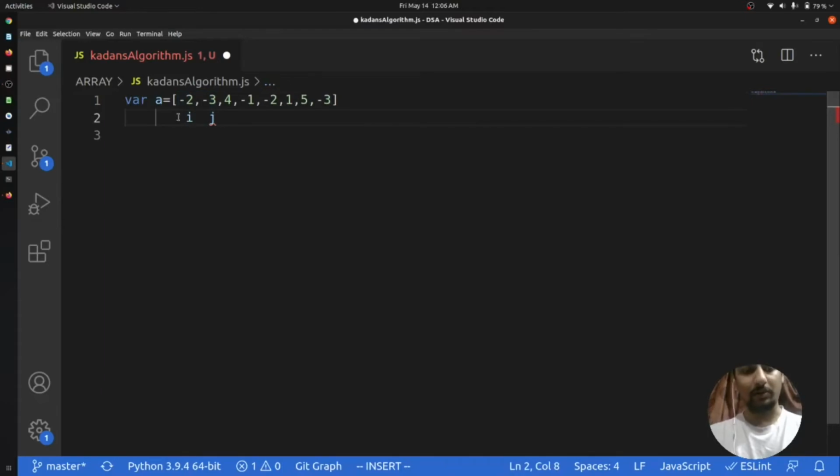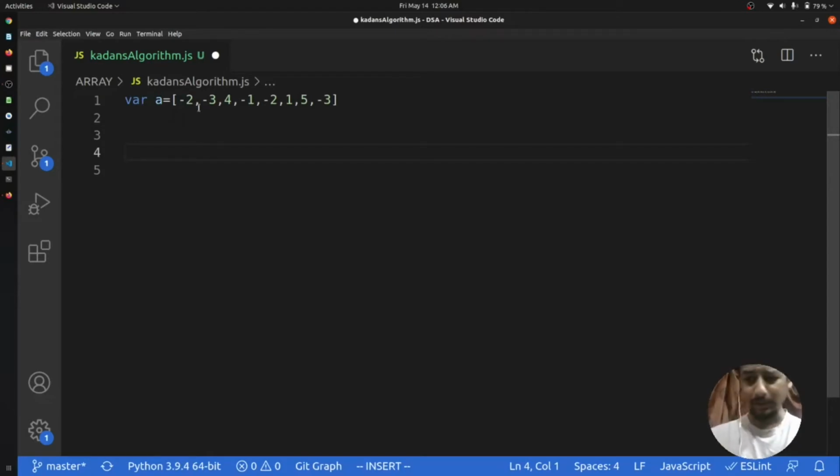Then we will move our i index to -3 and do the same. I'm not going to explain the brute force method because it is the easiest and you all can directly code it without my coding. So I'm going to explain how we can use Kadane's algorithm for the solution. So how does Kadane's algorithm work?